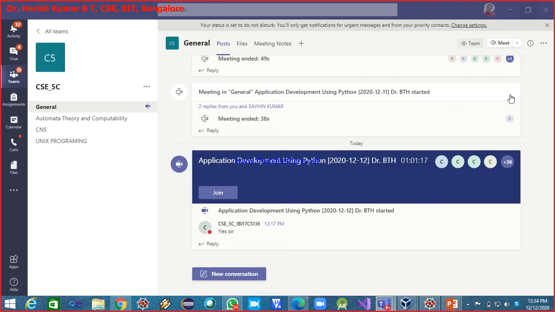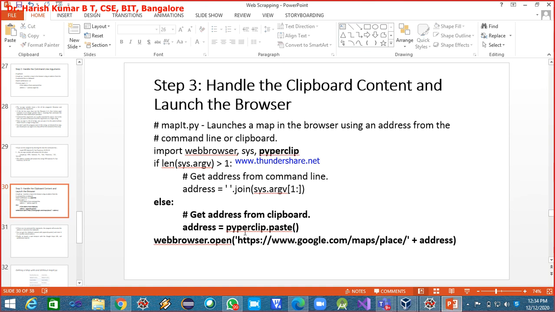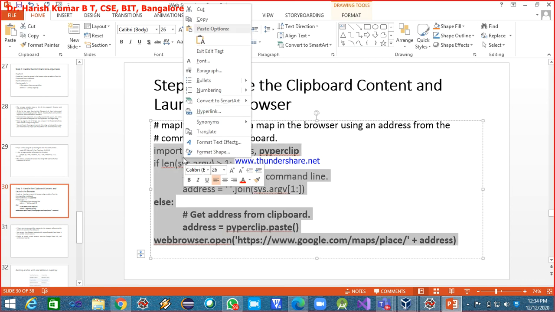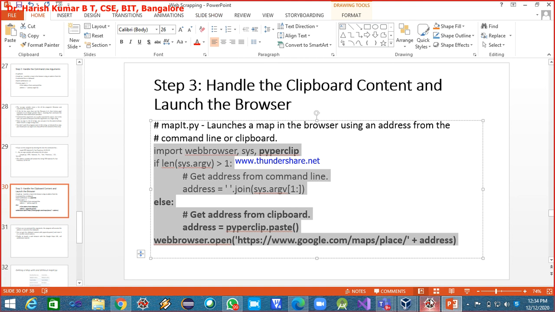So now we'll again come back to the PPT. The other part I could not show you because this module is not available. I don't know whether this is available in the IDE. Let me check here. So let me go for executing. Copy this.